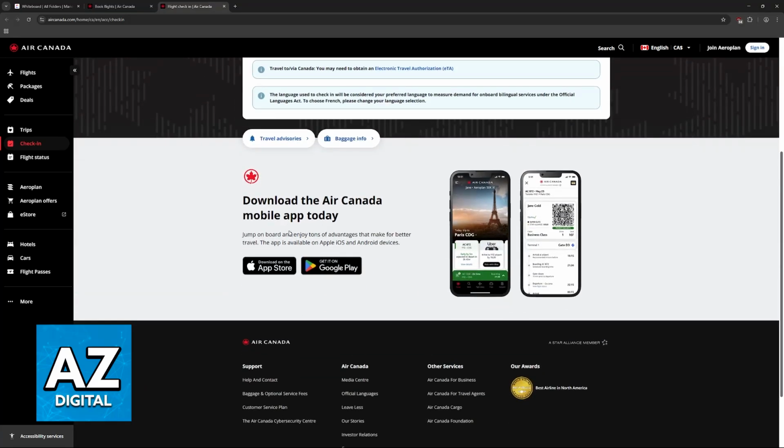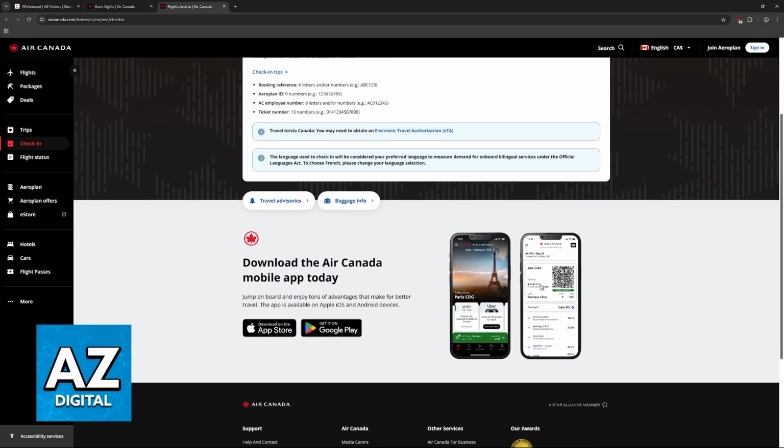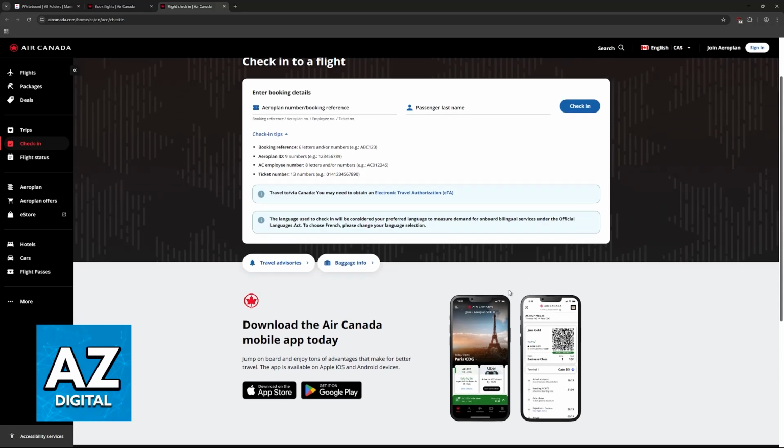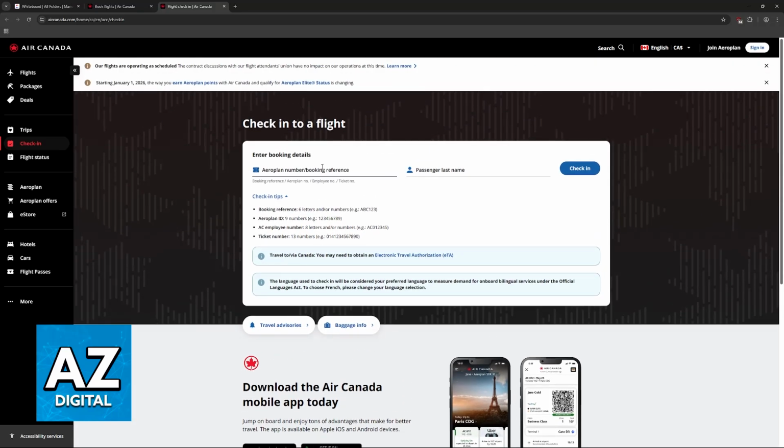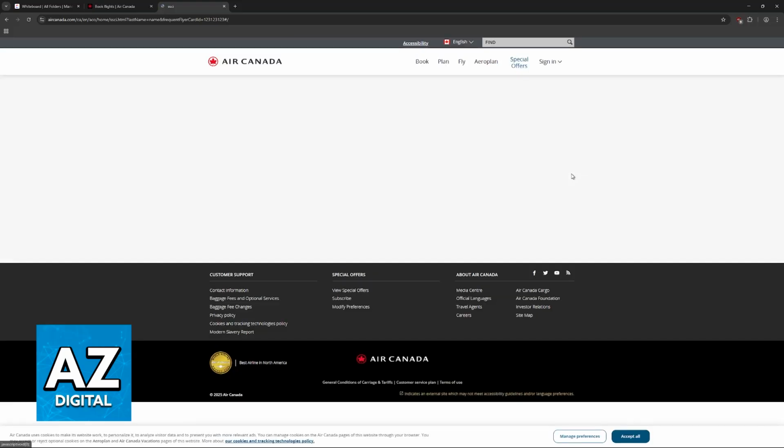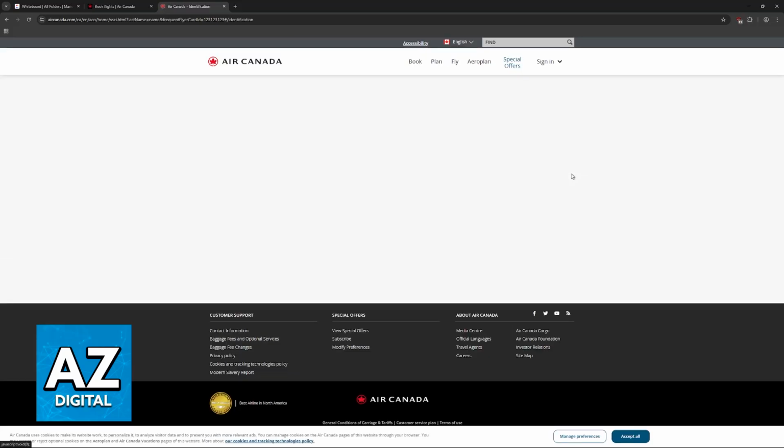Like I said before, you can also do this through the mobile app. So the process is going to be the same, but of course the layout will be slightly different. Then you can input the necessary details here, and then the name of the passenger. Now, sadly, I don't have any flights that I can display on screen, but from this point onwards, it is